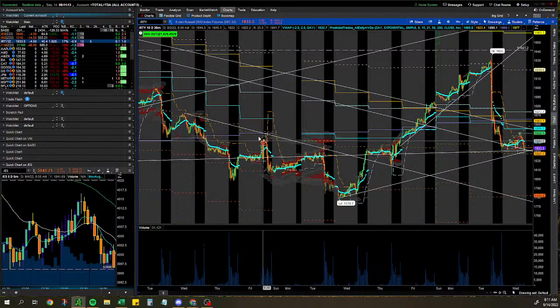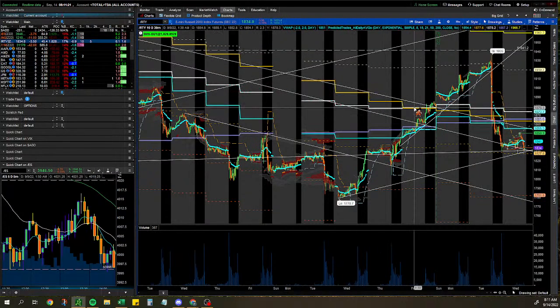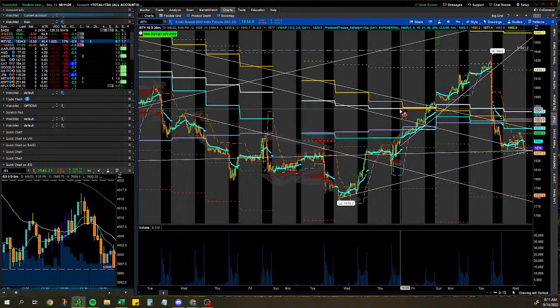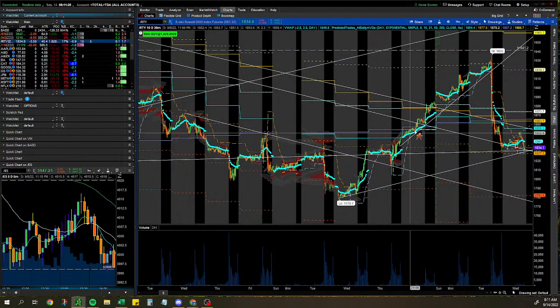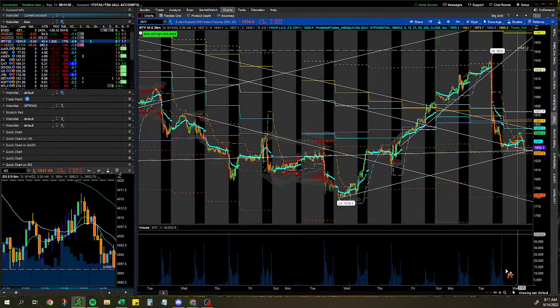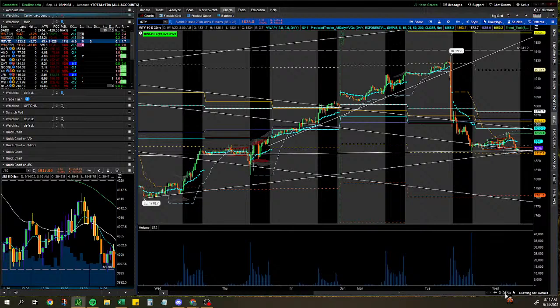Technically, we are back at the trend lines from the downtrend that we broke through. If you remember, the downtrend that started a couple of weeks ago, I drew two trend lines that kind of created a channel. We broke through those last week, and now we're back at them. At the same time, we have a trend line coming from last week, intersecting. We'll see how the data drop goes, but if we can hold here at this first Keltner, these trend lines,